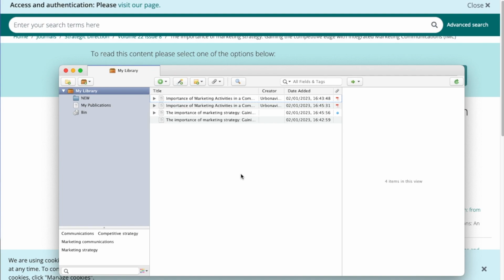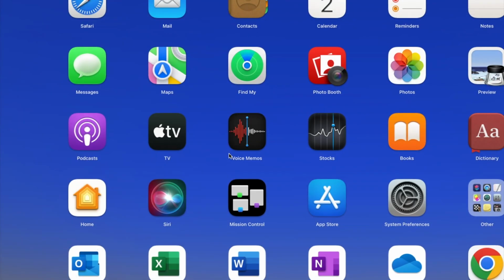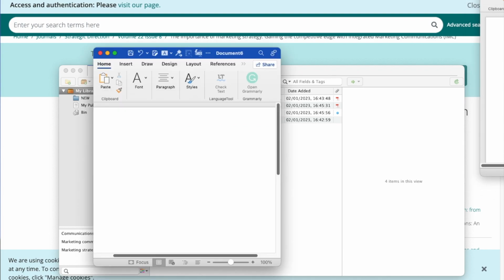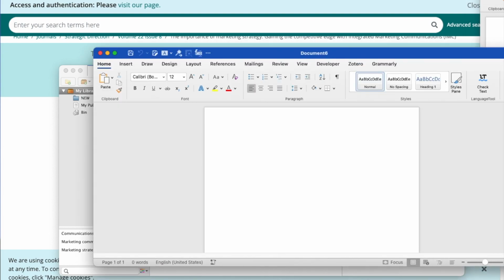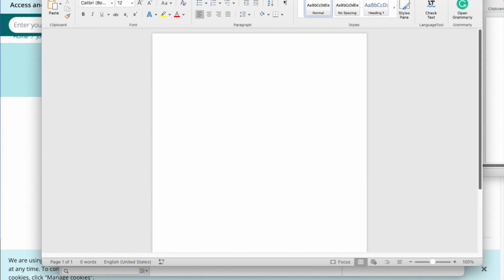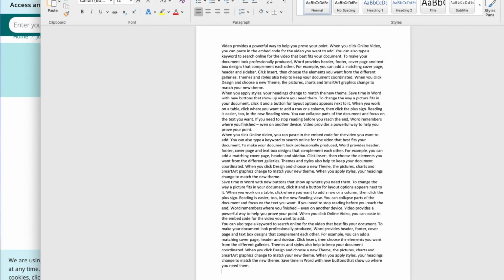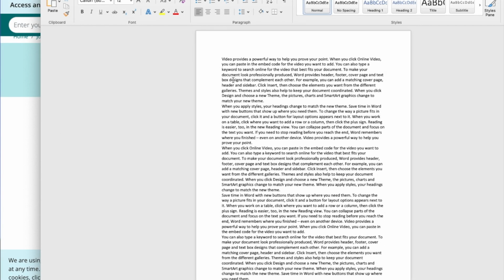So we already have the references. What is the next step? Now the next step is to reference these materials onto our Word document. Now let's assume we have some content in our Word document and we want to reference that content. So this is the content that we have. This is some dummy content that we have, and we want to reference the 2 articles that we have already